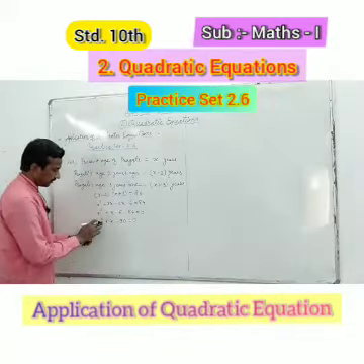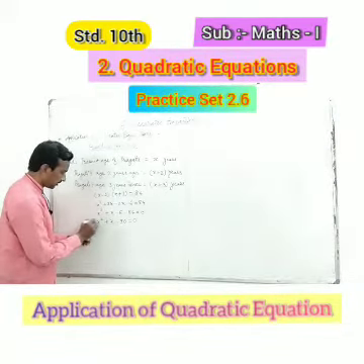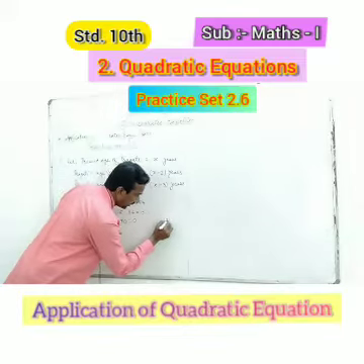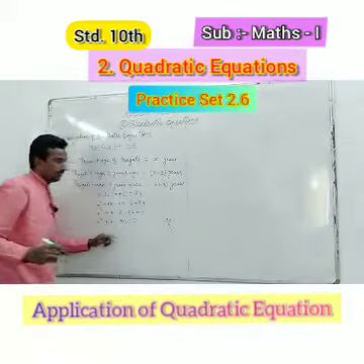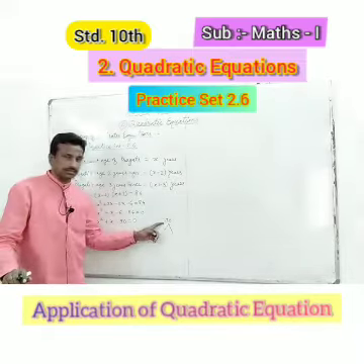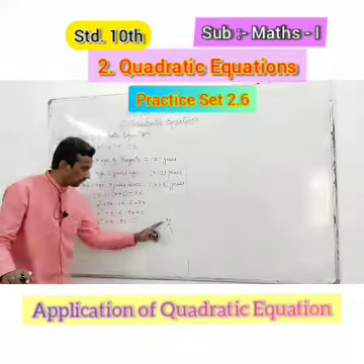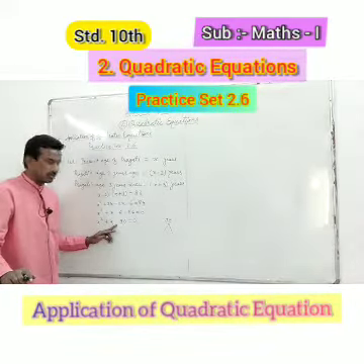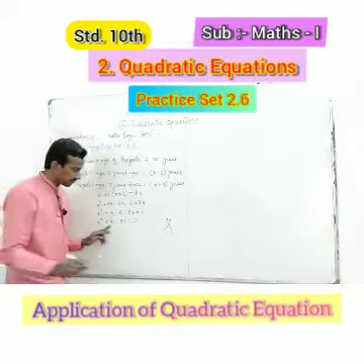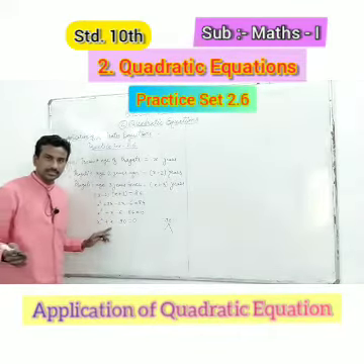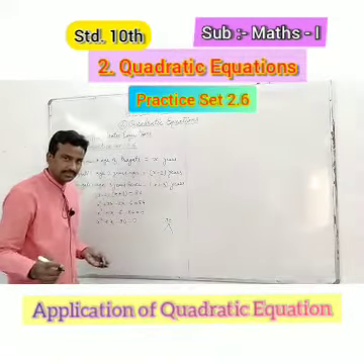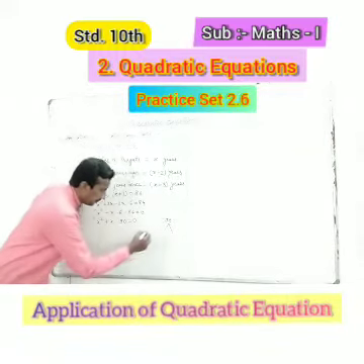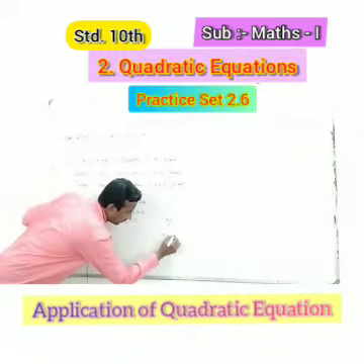First term x square, coefficient of x square is 1 into 90 is minus 90, which means the product of two numbers will be minus 90 and the subtraction of those two numbers will be plus 1. Which are the numbers? Can you identify the numbers? Okay, I will tell you. These are plus 10 and minus 9.